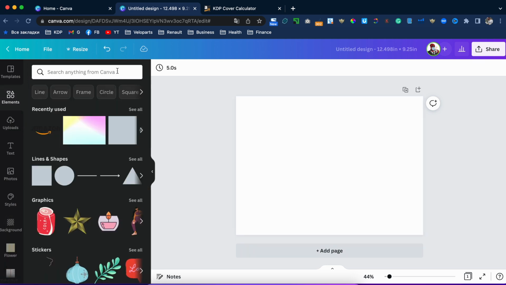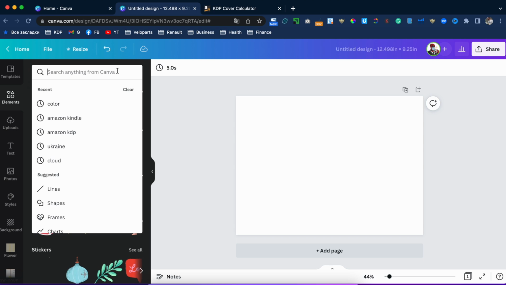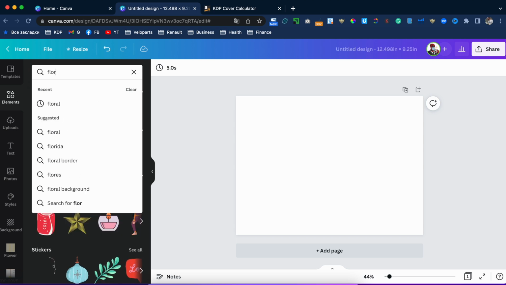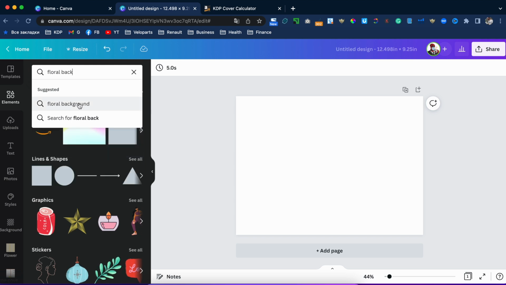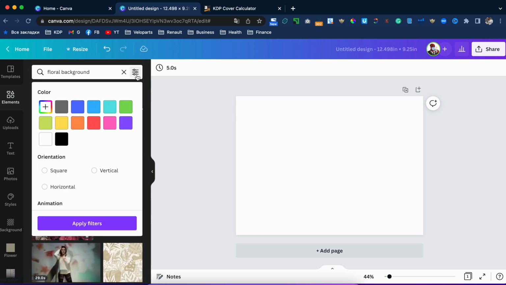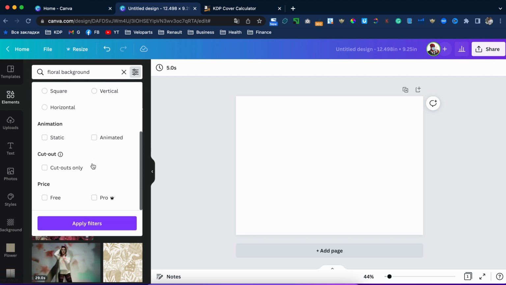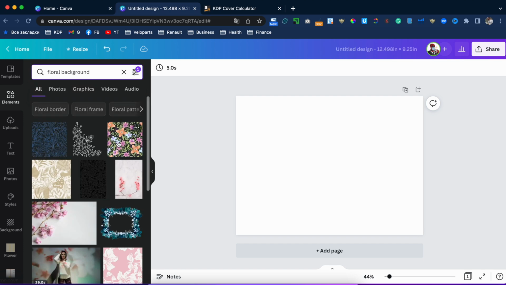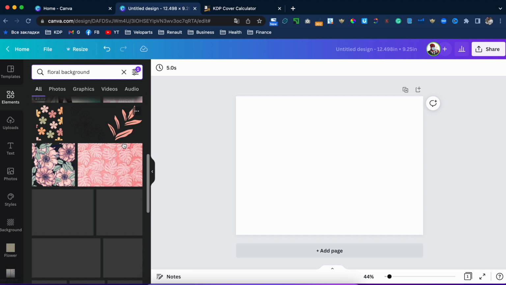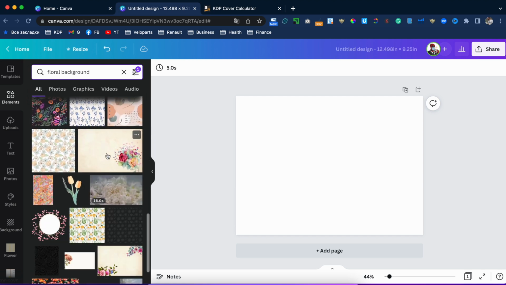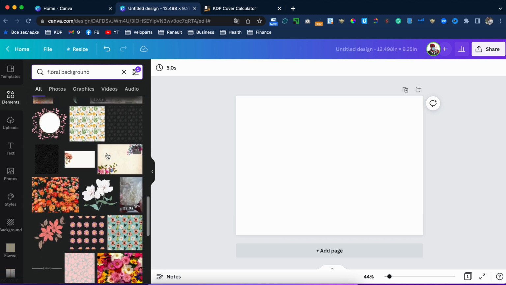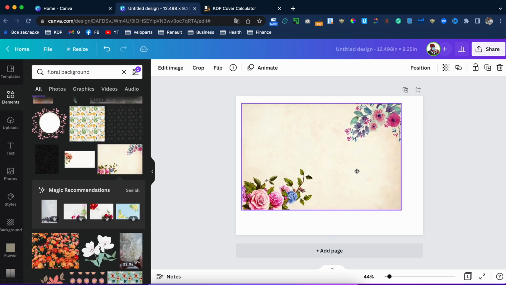So let's go and choose something interesting for our background. Let's choose floral background. Yeah, and I will choose only the free option. Free. Apply filters. Okay. Let's choose something interesting. Oh, I love this one.